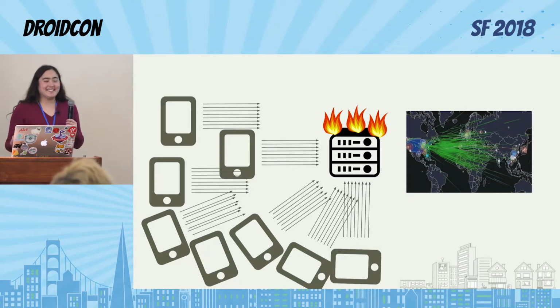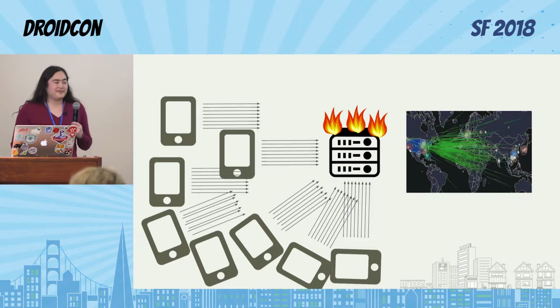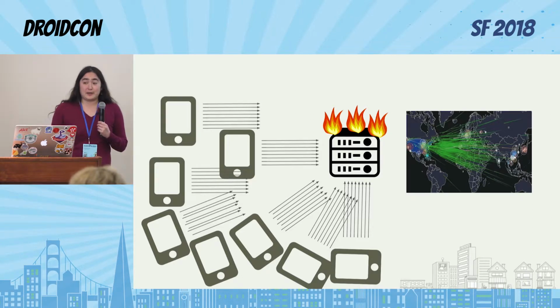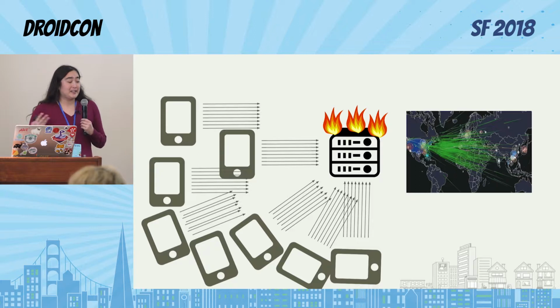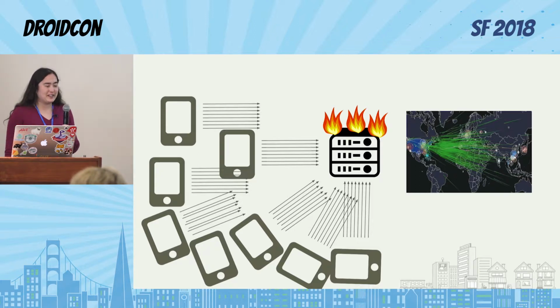But this got us thinking a lot about how we sort of take mobile network traffic for granted, and what the implications are of having all these devices from all around the world sending so much data. And especially because of this, we were talking to people from other teams who aren't familiar with mobile traffic. They started being kind of concerned about the implications of mobile traffic. And this is just one of several problems that's sort of unique to mobile traffic.